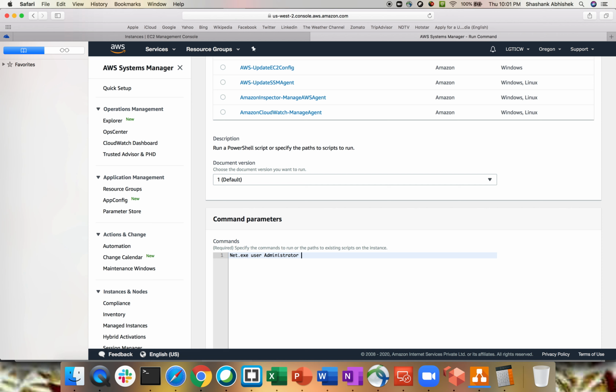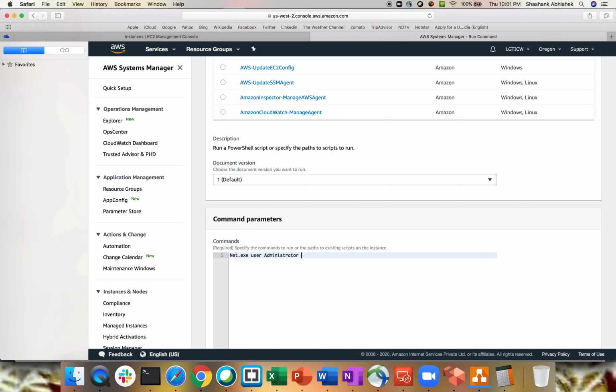In an ideal situation, if you use Session Manager, which I'll show you how to use with an EC2 instance, you just have to give your password over here and this will work for you.